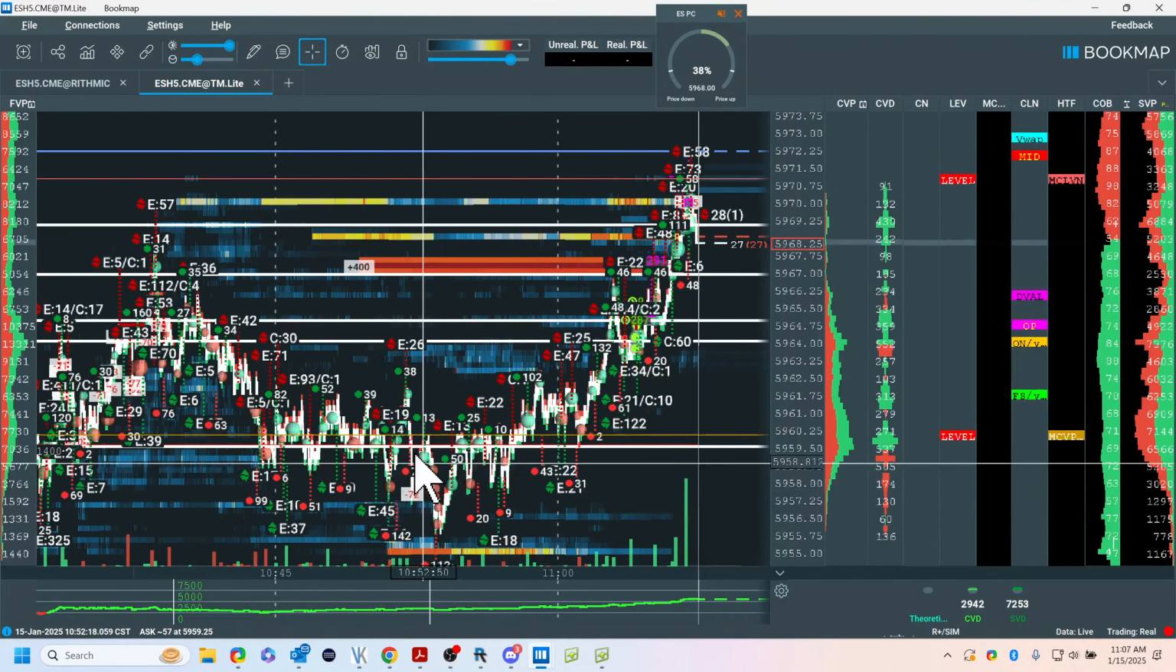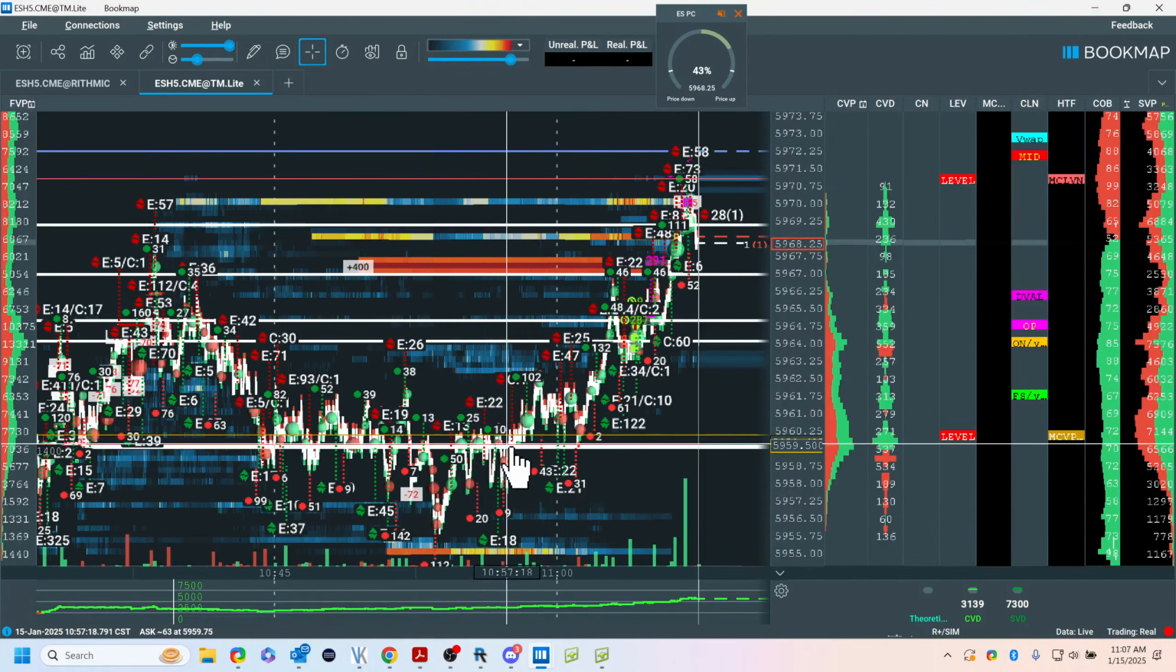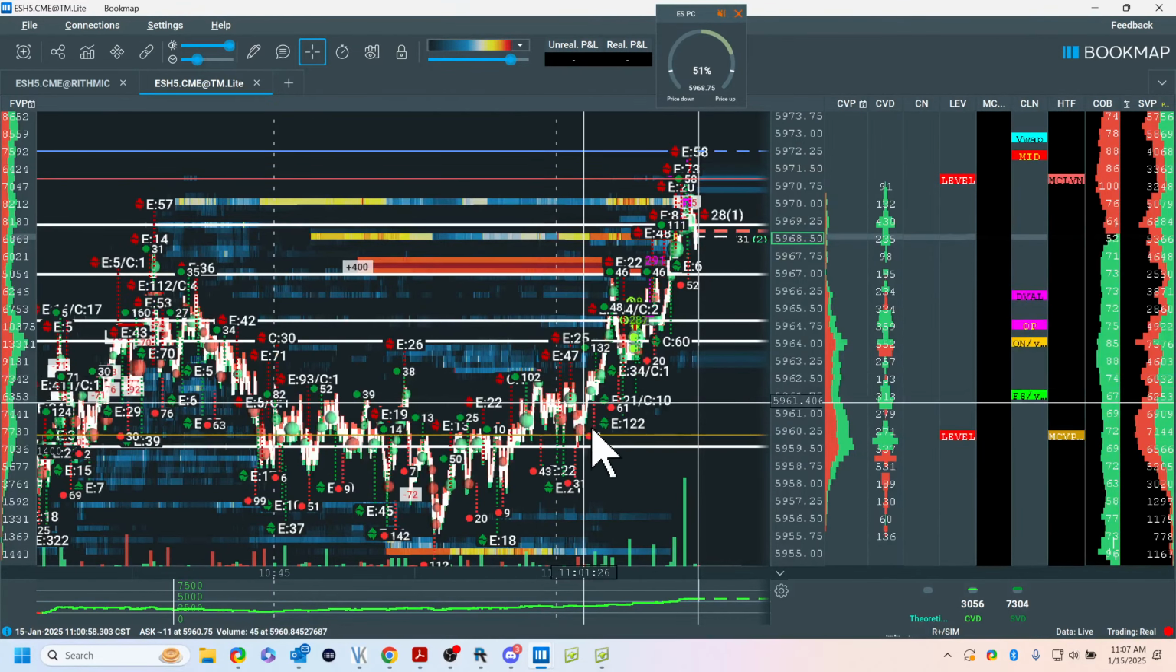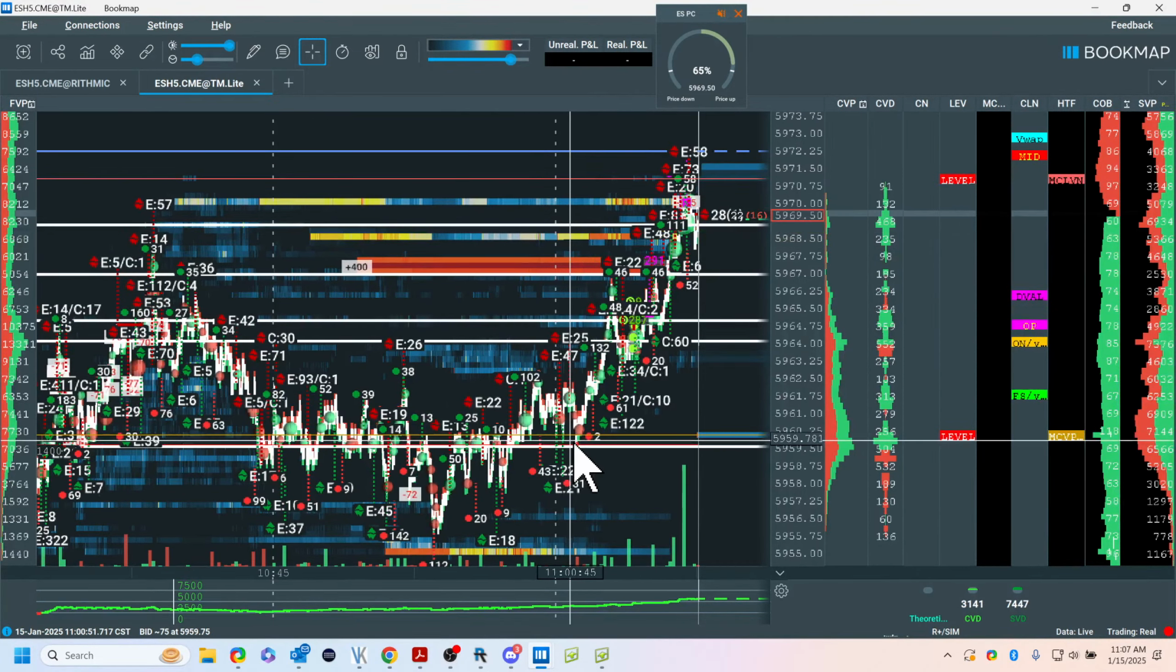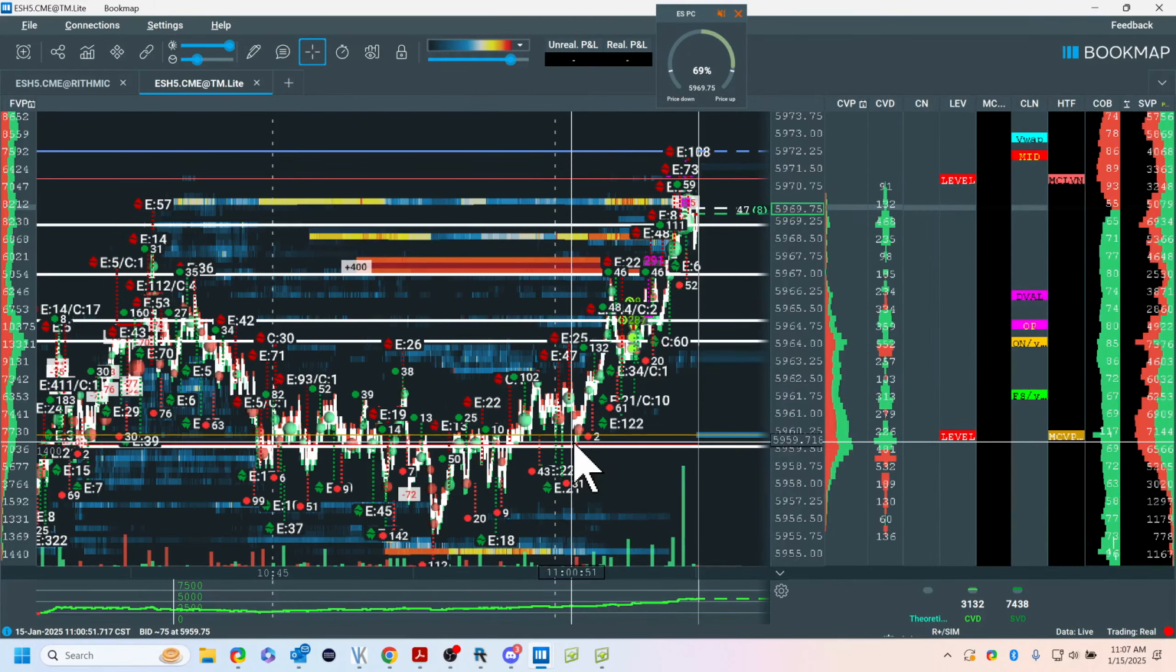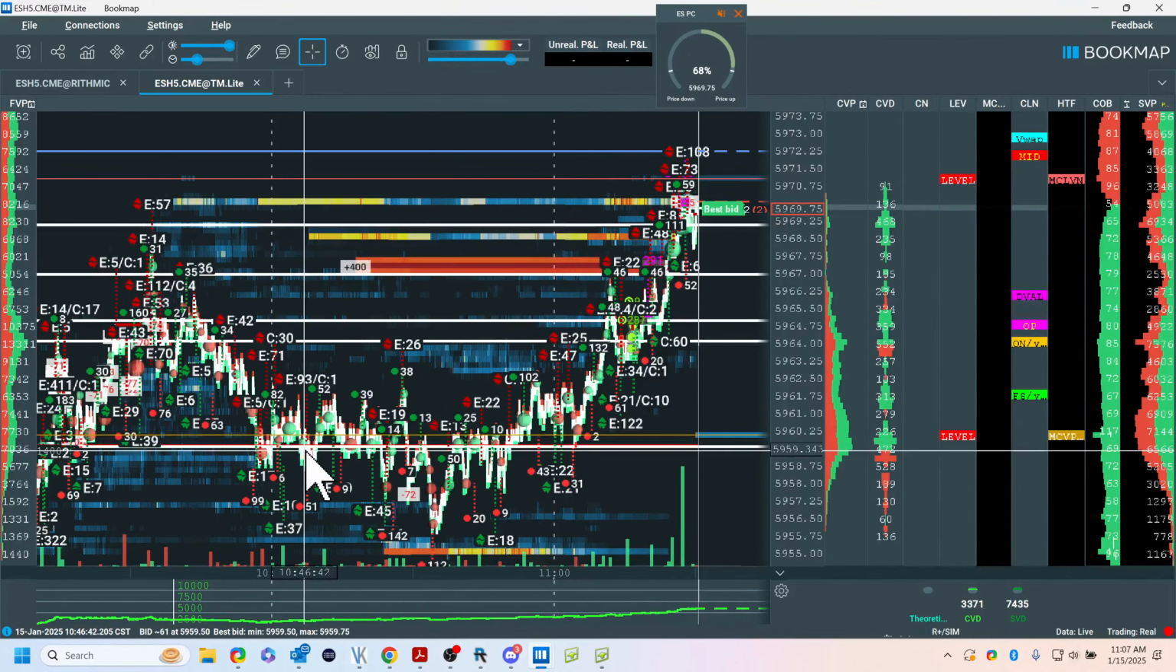But let's look at this. Resistance, resistance, resistance, break high. Notice where it comes back. You see this? Now, this is all trade plan specific. There's an old saying in trading: